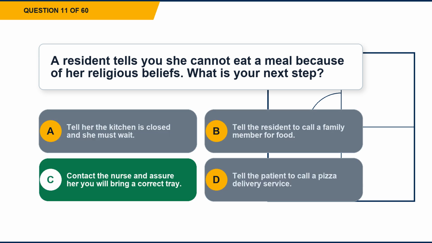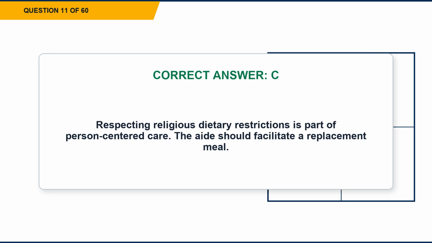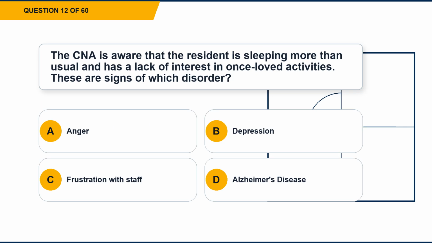The correct answer is option C. Contact the nurse and assure her you will bring a correct tray. Explanation. Respecting religious dietary restrictions is part of person-centered care. The aide should facilitate a replacement meal. Question 12. The CNA is aware that the resident is sleeping more than usual and has a lack of interest